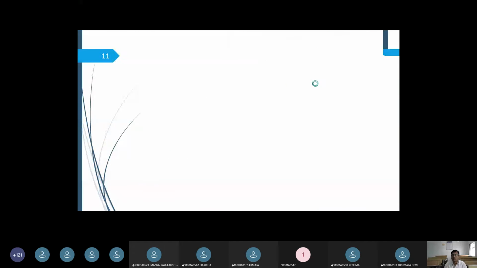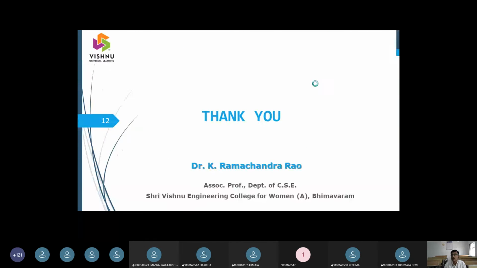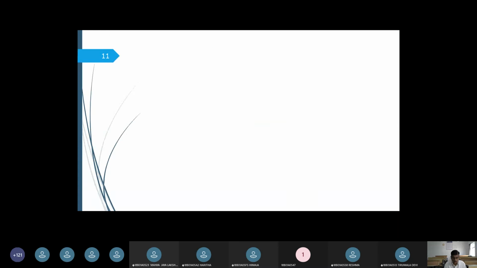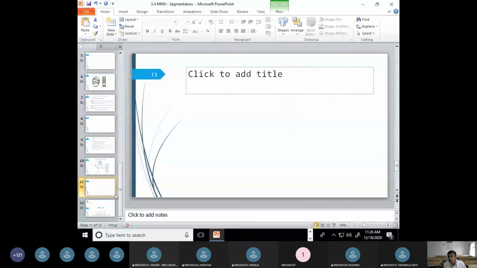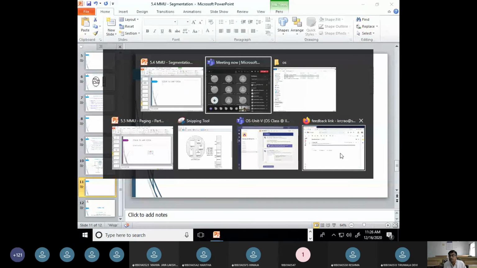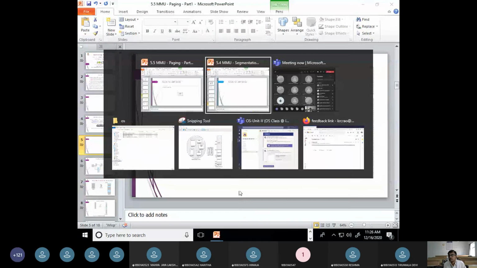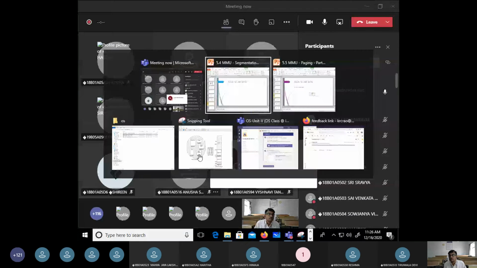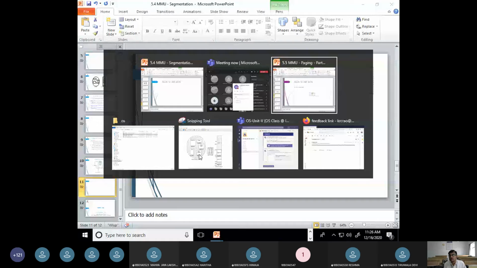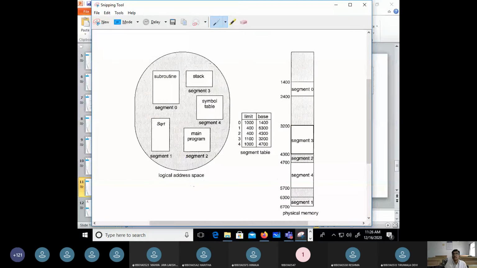So I will just take up one more diagram which will be helpful for you. So just give me a second. So yeah, this is the diagram what I'm expecting to learn to show you.